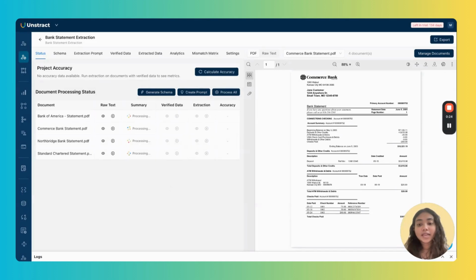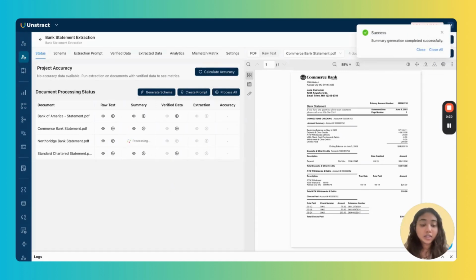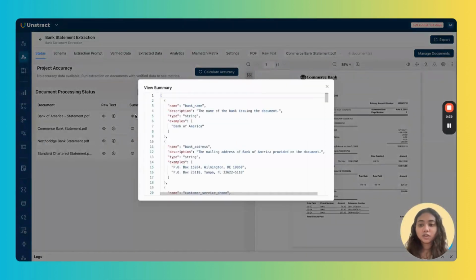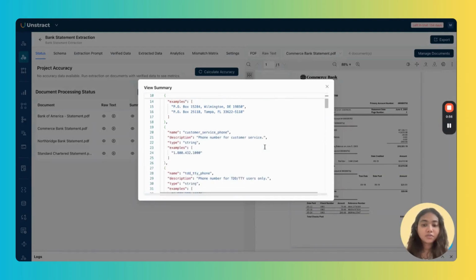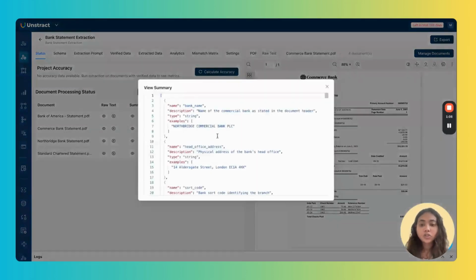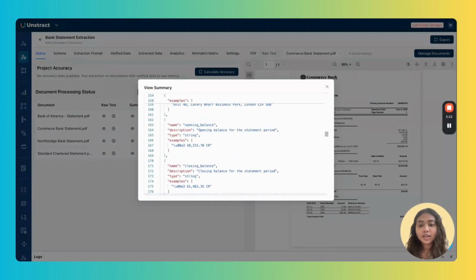What the summarizer agent does is it goes through each of these documents, identifies key fields from the individual bank statements and their data types, their descriptions, as well as sample values. Let me just open a sample summary over here for you. So this is the summary of the Bank of America's bank statement, and you can see that it's identified the key details of every field present in the statement, like the name, the description, the data type of this field, and what is a sample value, what does it ideally look like. So you have that for all the data fields over here. And so is the case with the other bank statements uploaded. So you can go through the summaries of each of these test documents.